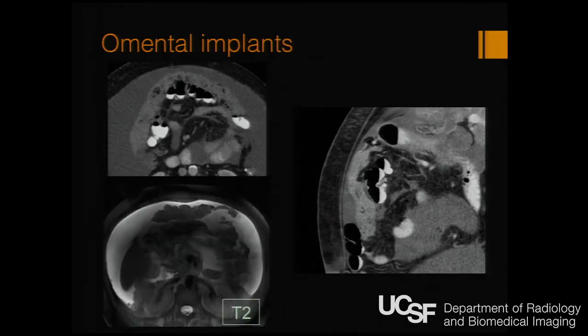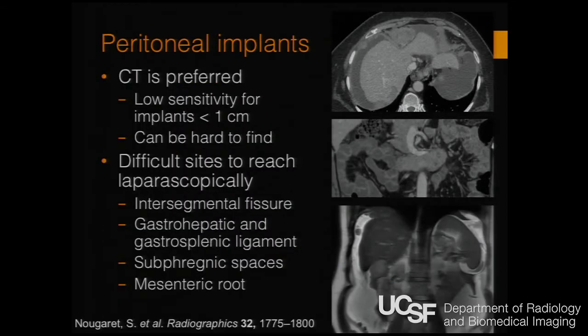And omental implants, of course, are very important in ovarian cancer, and you can see them on both CT and MRI. It's important that there are implants and there are implants. There are certain implants that the surgeons need to know about, which are places really around the liver and around the diaphragm, and these are very difficult to either see laparoscopically or resect laparoscopically, so it's important to specifically note these implants